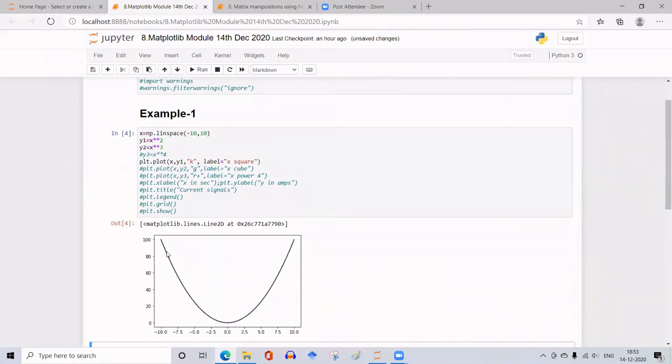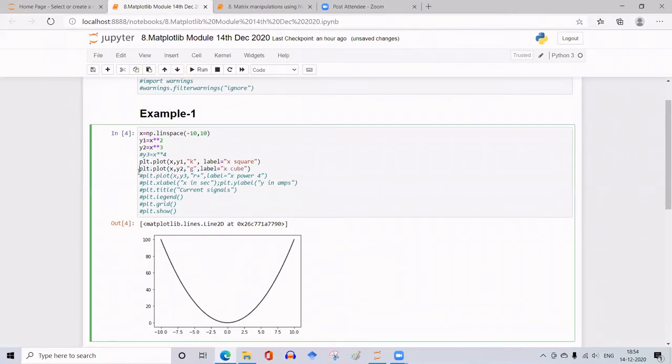This label is given to this curve, which we can use to represent it in the legend, so that when we have multiple plots in a single graph sheet, we will be able to identify which plot is what.